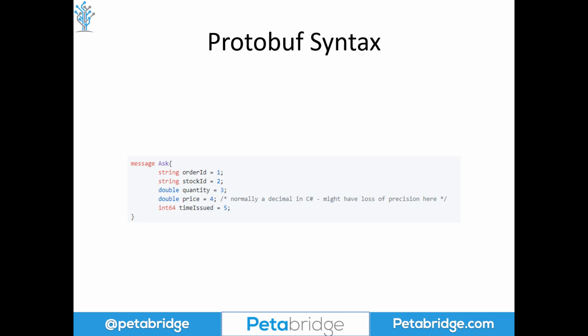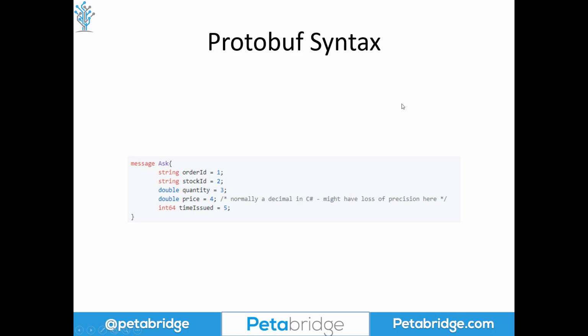Now, you can compose message types in Google Protocol buffers, where if I create another state object that uses a property that is of type ask, that composition will work. So you can do composition, no problem at all in Protobuf, but one thing you can't do is inheritance. There's no polymorphism in Protobuf, and that's done in order to keep the wire format simple. So it's ultimately in practice not a huge problem, but it's just something you should think about when you start